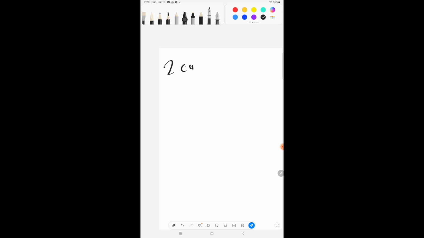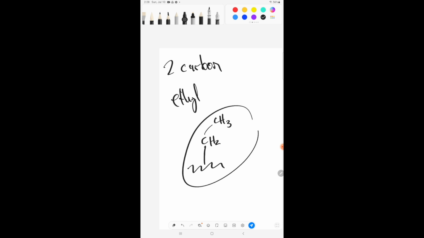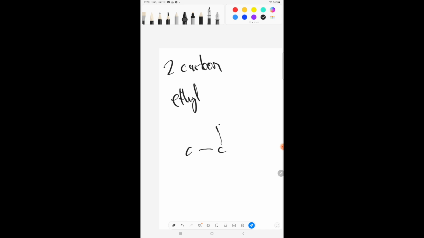Now 2 carbons. Let's do 2 carbons. That's an ethyl. So we have a CH2 with a CH3 attached to some molecule. So this is an ethyl. It has 1, 2 carbons. The alkane is ethane, which looks like this. C2H6. This is ethane